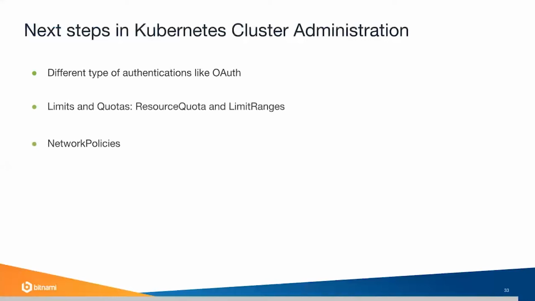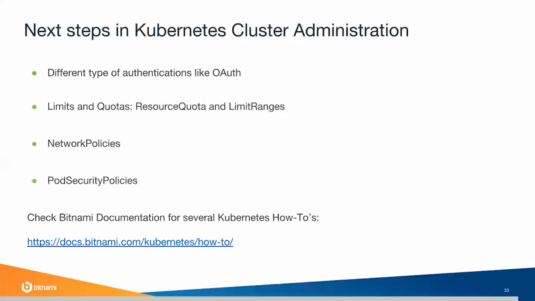Also, you can define how pods can communicate. Can any pod see each other? Do we want, for example, a database to only be accessed by a certain set of pods, for example the front end, but not any other pods? That's not set up by RBAC. That's set up, for example, using network policies. Also, should the containers be executed as root, not in terms of Kubernetes user but system user root, and which permissions do the volumes have? That's something that can be defined using pod security policies. And well, those are other examples.